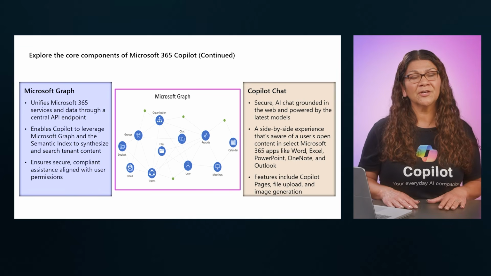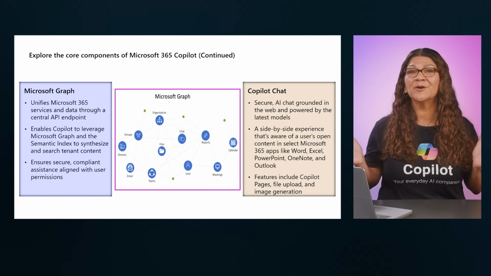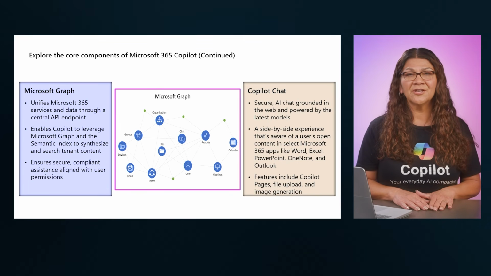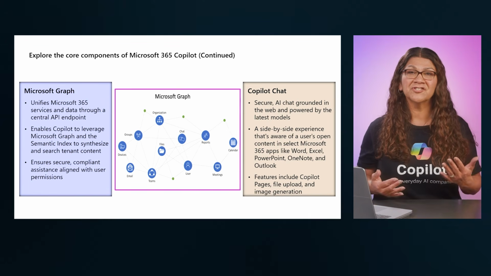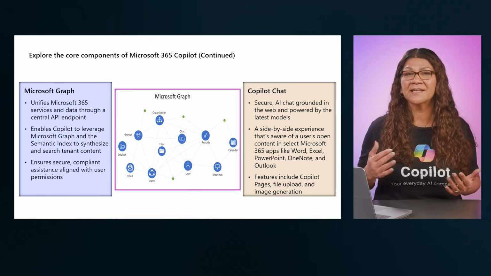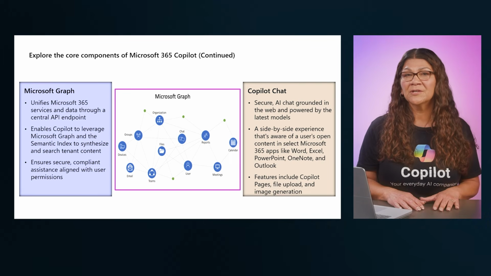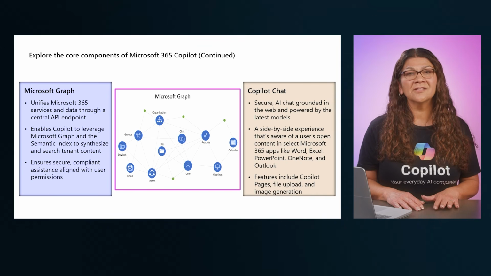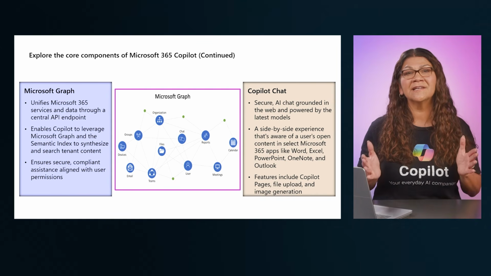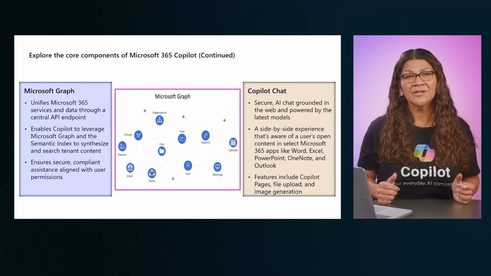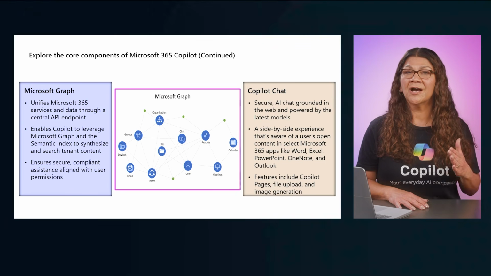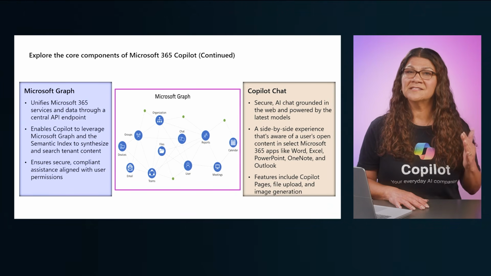Microsoft 365 Copilot comes to life through the power of Microsoft Graph, the secure intelligence layer that unifies your files, meetings, chats, calendars, emails, and permissions. Graph is what allows Copilot to understand your work in context, so that when you ask Copilot to summarize a meeting, draft a document, or analyze a spreadsheet, it pulls only the information you're authorized to see and then synthesizes